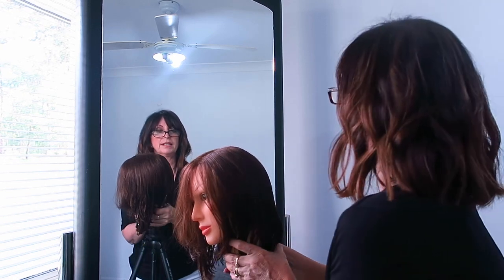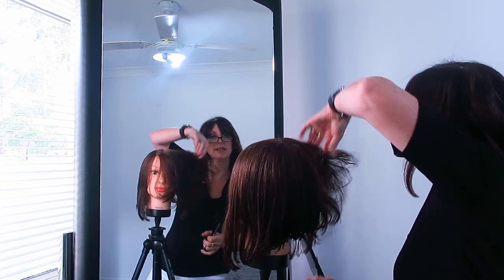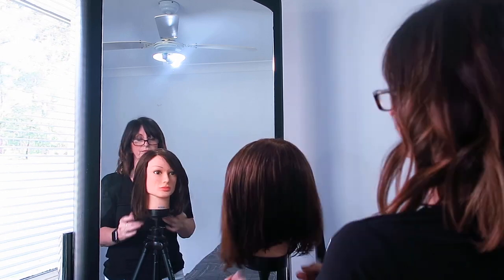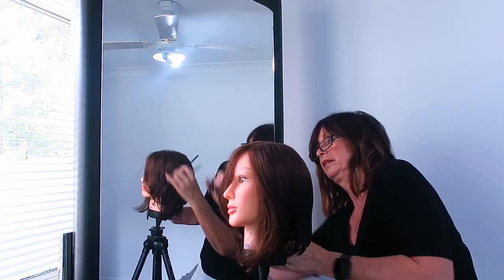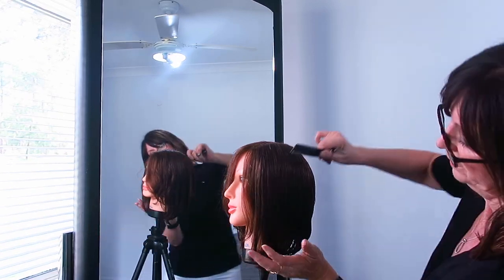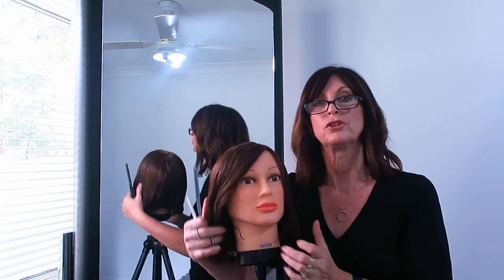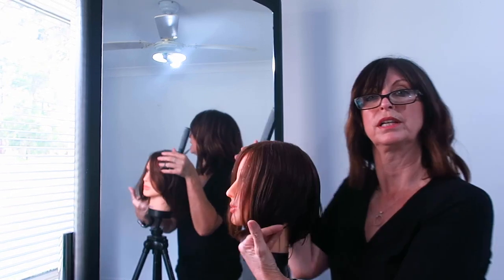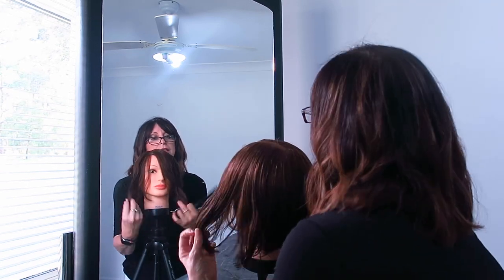Okay, so let's have a look in the mirror and see what's going on. That's a really long bob at the front there, but that's okay because oh my God. But it's going to have quite a nice shape there. I mean, you can even take that shorter and match up. You can even go shorter and match up the short bits there, which would take away a big chunk of it. So if you wanted to, you could go that short there. But I think what we'll do, I'll go ahead and